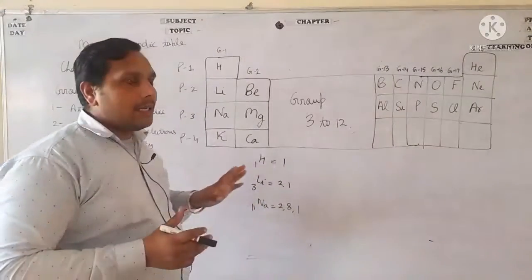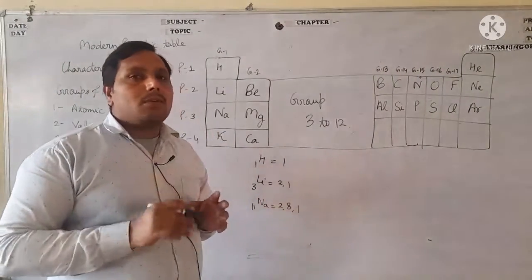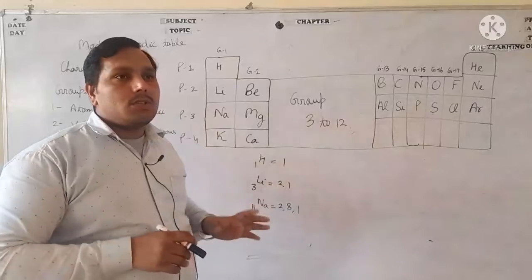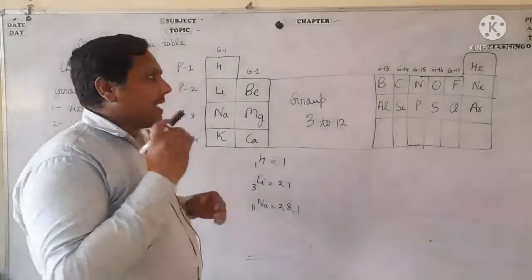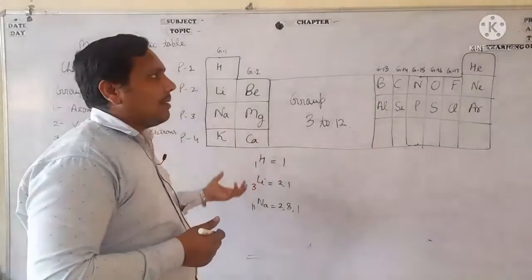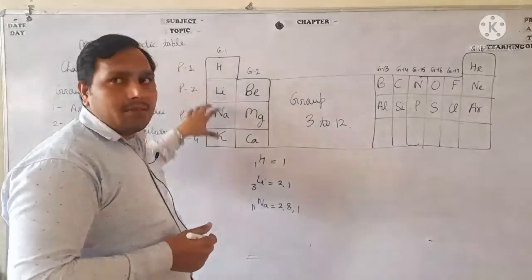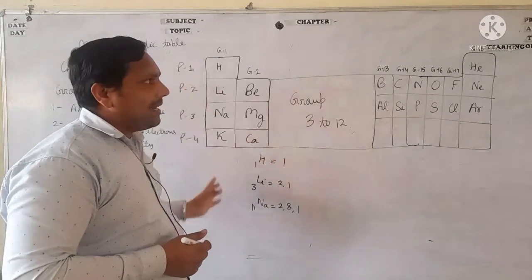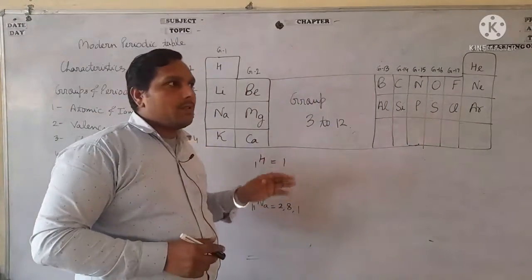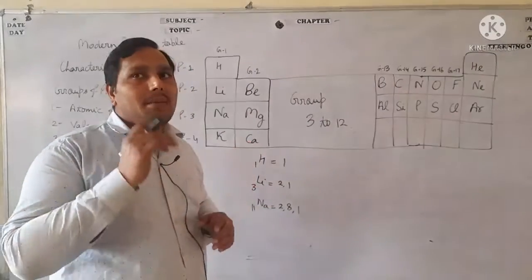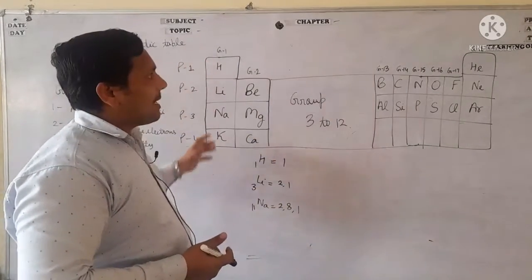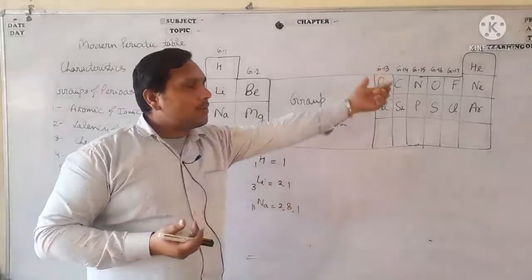Next one, chemical reactivity. Dear students, you know very well that chemical reactivity depends on the number of valence electrons. If the number of electrons is 1 or 2, then the chemical reactivity is very high. But if the number of electrons increases, then chemical reactivity decreases. Lithium has only one electron, so it is very reactive. And group 17 has 7 electrons, so it needs only one more electron to complete the orbital, that's why its chemical reactivity is also high. So group 1 represents very high chemical reactivity, and group 17 also.